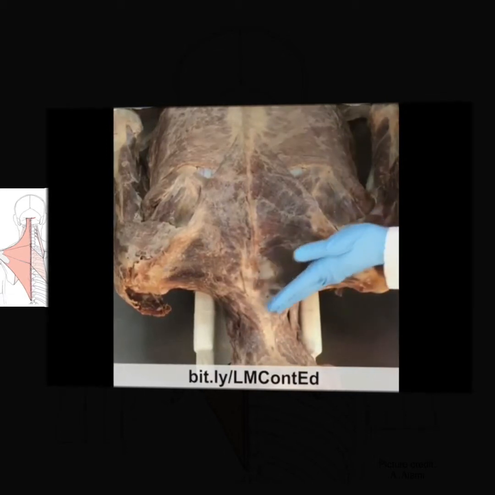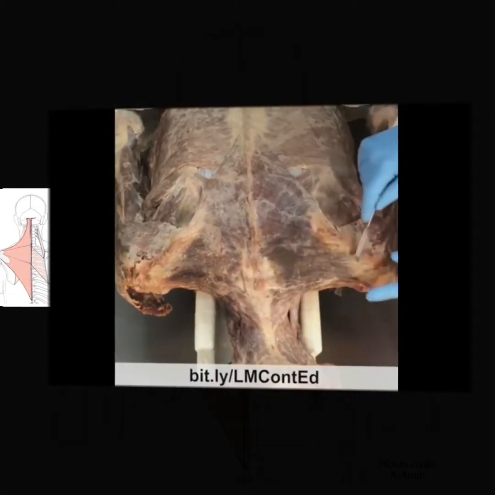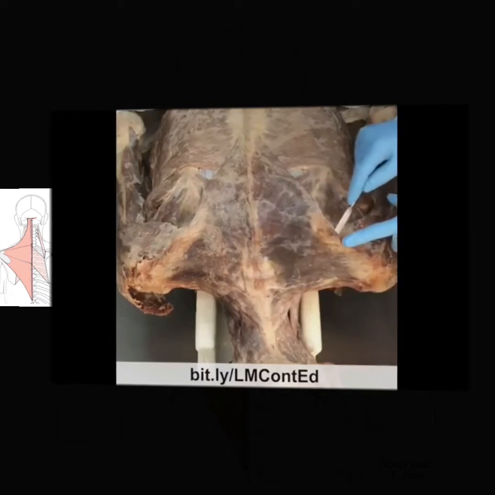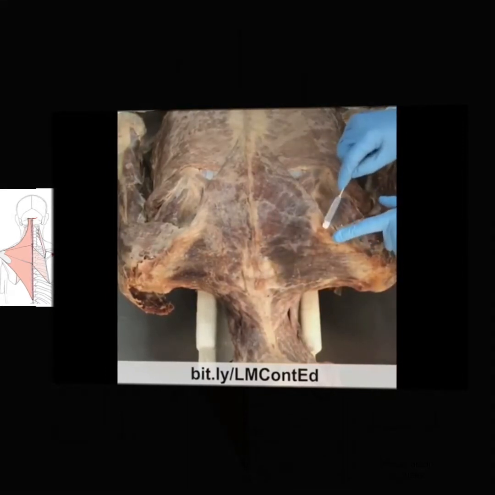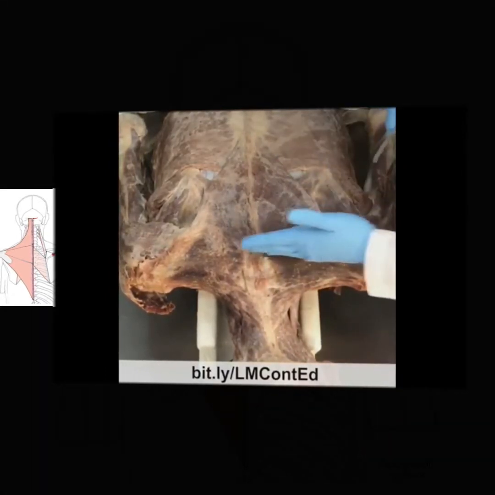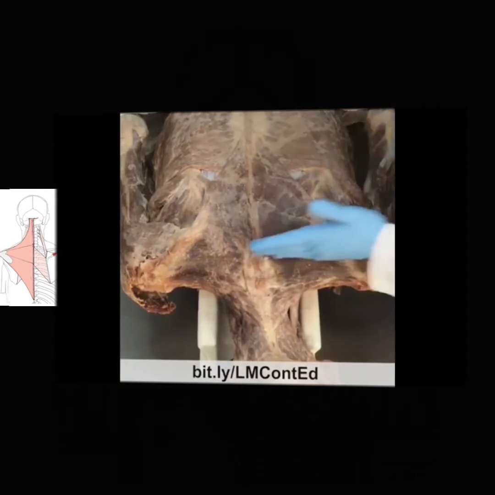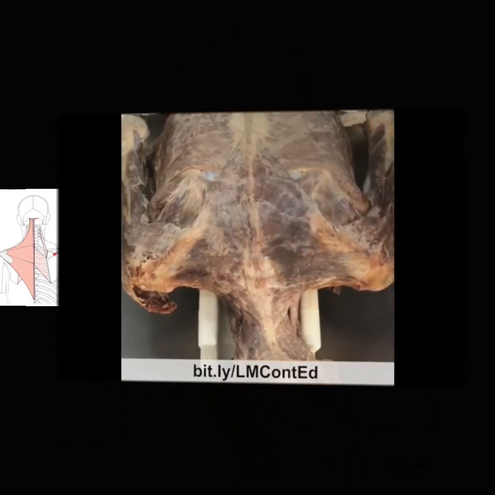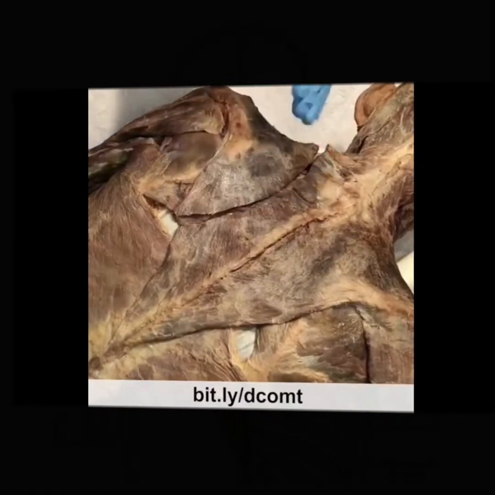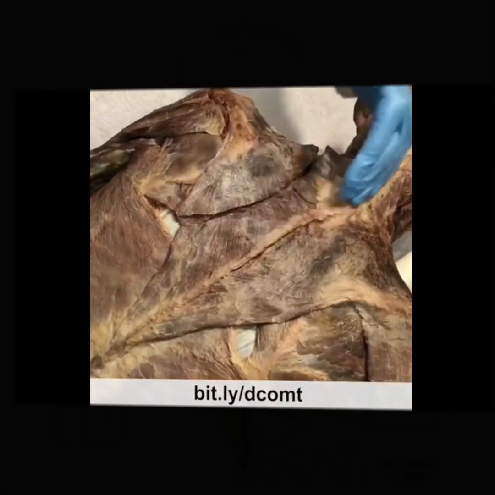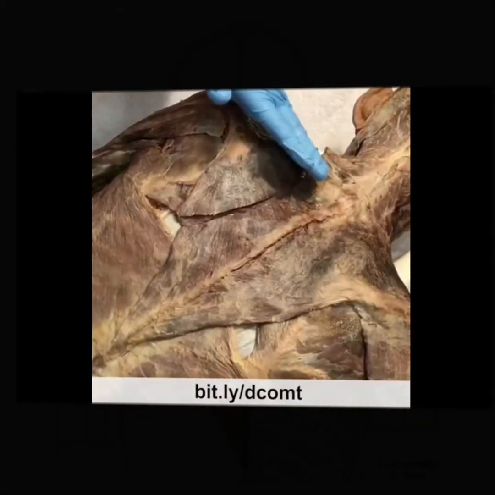But generally speaking, we think of the upper fibers as those that lift the scapula upward, the lower fibers as those that pull the scapula downward, and the middle fibers that pull the scapula straight across the midline toward the spine. So if I'm palpating in this area between the scapula and the spine, I will first be on skin,